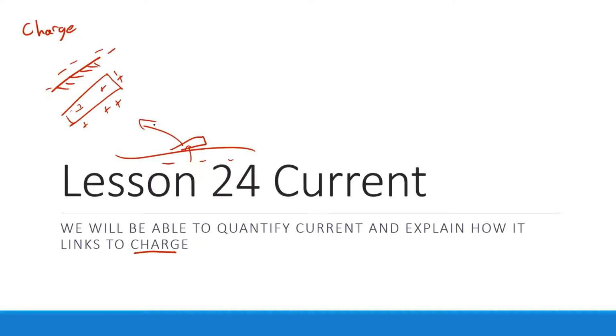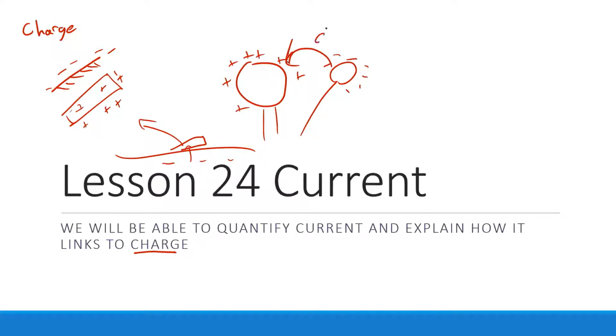Then what we did is we talked about, well, if you get a big enough charge, you can actually create a jump of electrons from one place to another. And as those electrons jump, that discharge, we would call that electricity, because electricity is all about the movement of objects. Now, as these electrons jump over and they get discharged and they leave from one place to another, we then talked about